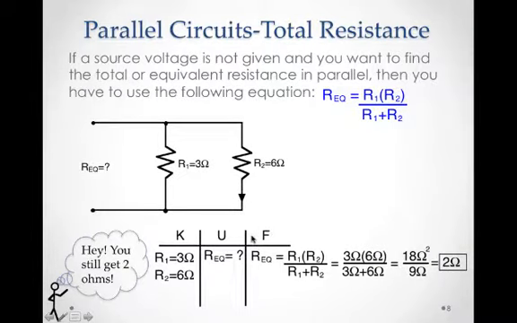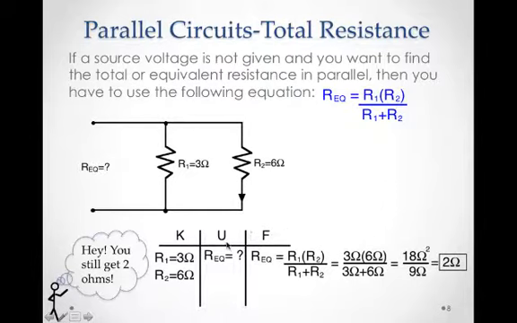Now there's another way you can find total or equivalent resistance in a parallel circuit, and that's when you don't have a source. And when you don't have a source, you can't use Ohm's law. So what you do is you use this equation, called products over the sums. You have R1 times R2 all divided by R1 plus R2. So it's kind of a dividing effect here, and that's why the equivalent resistance is going to be reduced